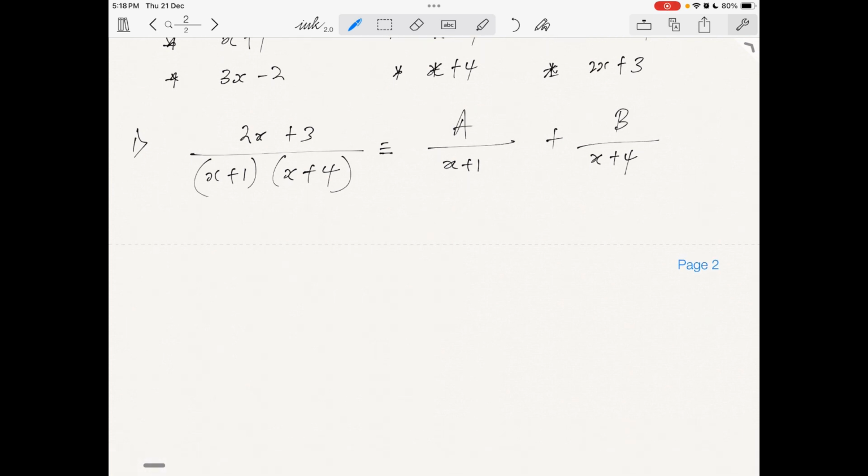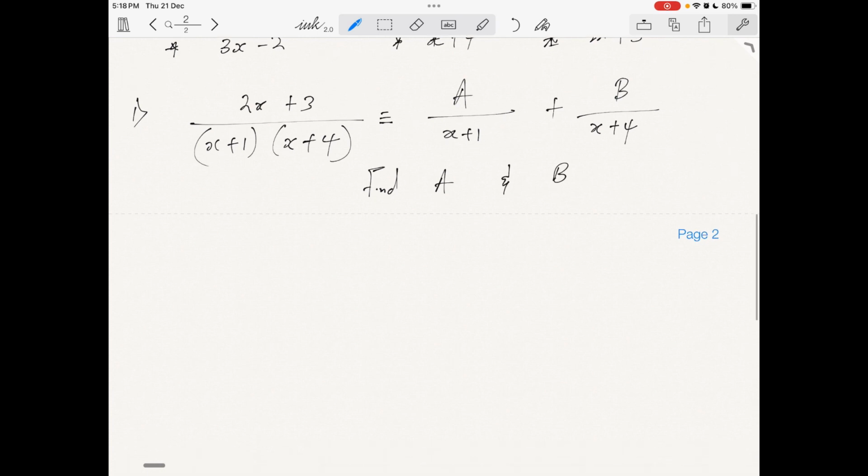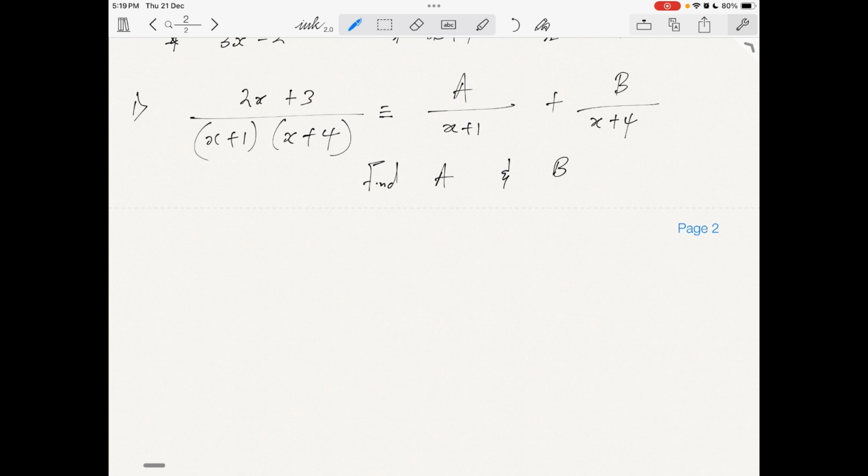All we just have to do now is to find the coefficient A and the coefficient B. Now, how do we go about this? We can find the LCM of the right hand side. So we have 2x plus 3 divided by x plus 1 and x plus 4, which is equivalent to A